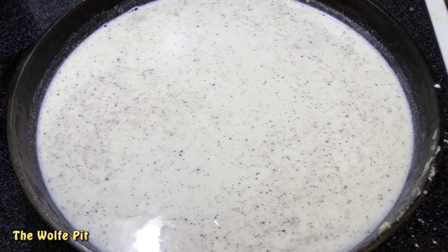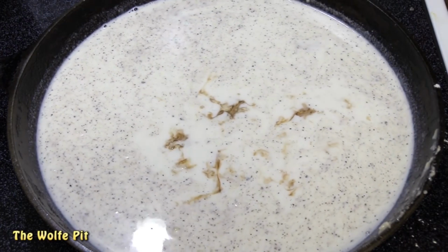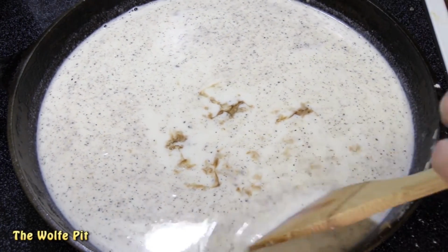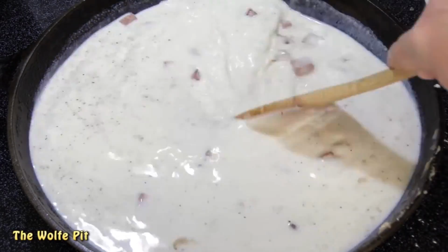Then I added my secret ingredient for sausage and chip beef gravy. A few drops of Worcestershire sauce. I guess it's no longer a secret. Now give it a good mix with the spatula,